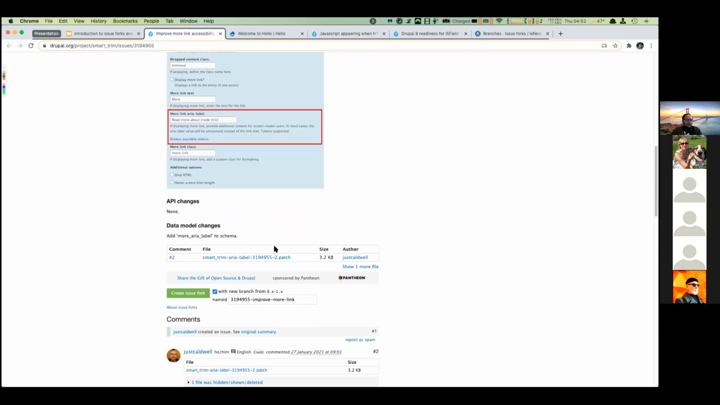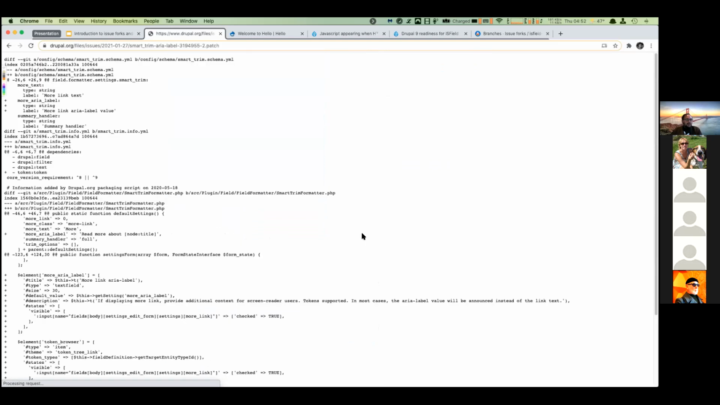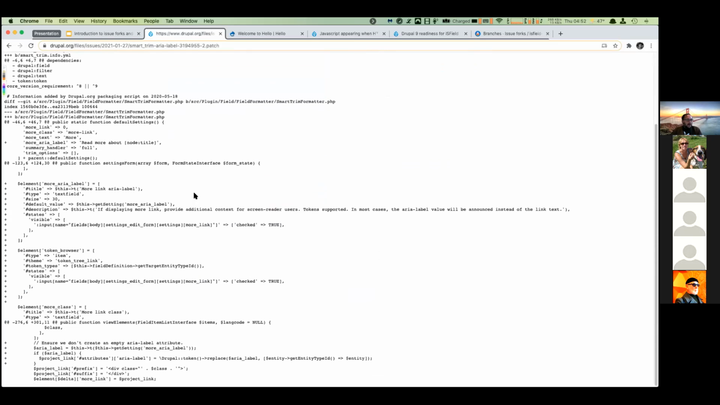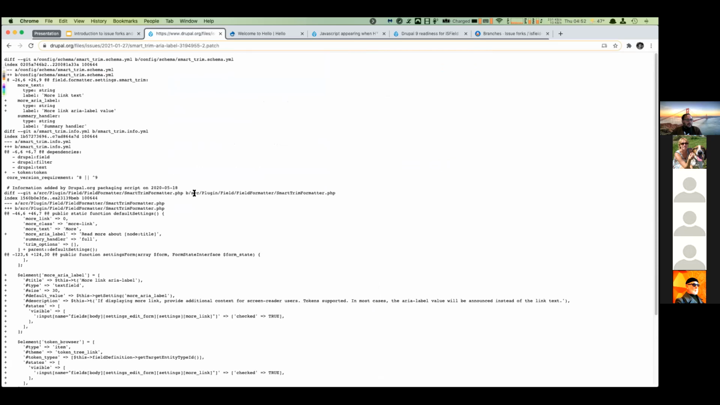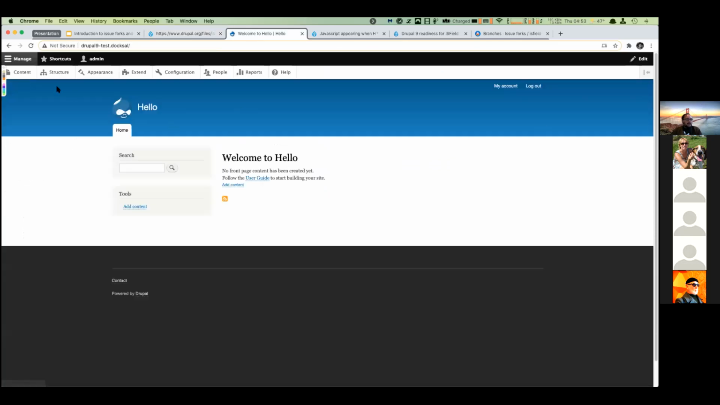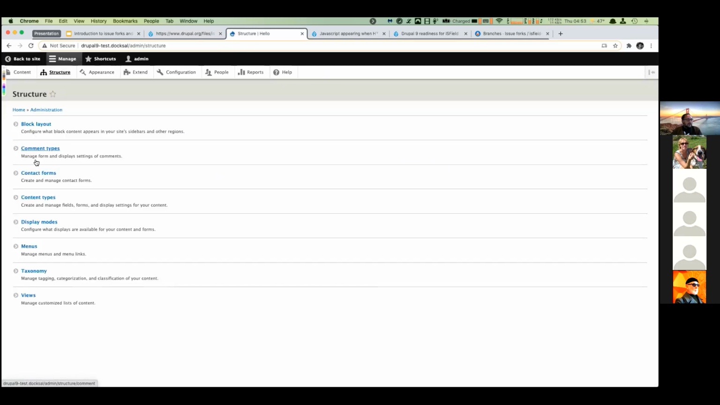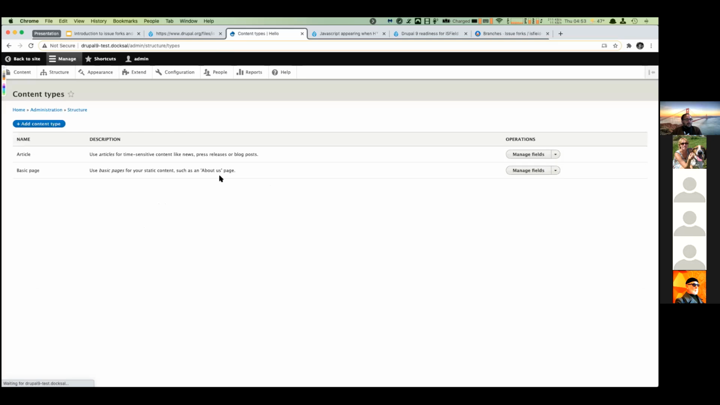And we can actually see that patch here and take a look. And this is what all the different things that he shows or that he's in there. And we can add that patch to our Smart Trim module. Just to give you a hint as to what's going on with that, if we actually go to look at the Smart Trim UI,